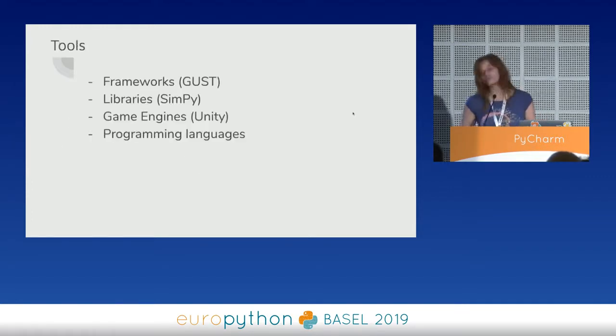There are numerous tools in all languages you can imagine: frameworks, libraries, game engines. Simulation technically can be seen as a game engine without manual or human input. And of course, people build it from scratch with different programming languages. These are just some examples that you can use. For instance, you can use Unity to simulate how people will learn by providing a model that will replace the human input. For instance, a model will learn how to drive a car in Mario Kart or stuff like that. That can be considered a simulation.